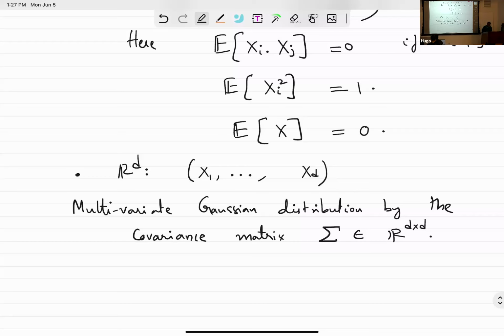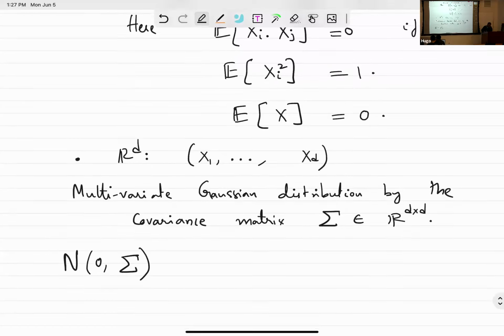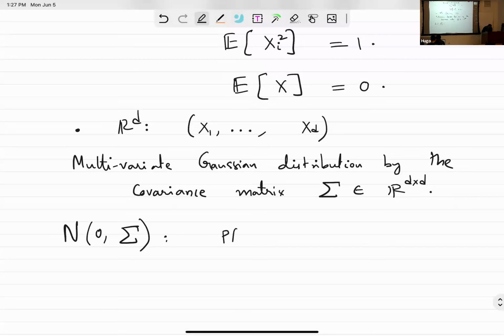It's called the covariance matrix and denoted N(0, sigma). Okay, the mean is still going to be 0, and the covariance matrix is whatever the sigma matrix. Okay. And the PDF is now